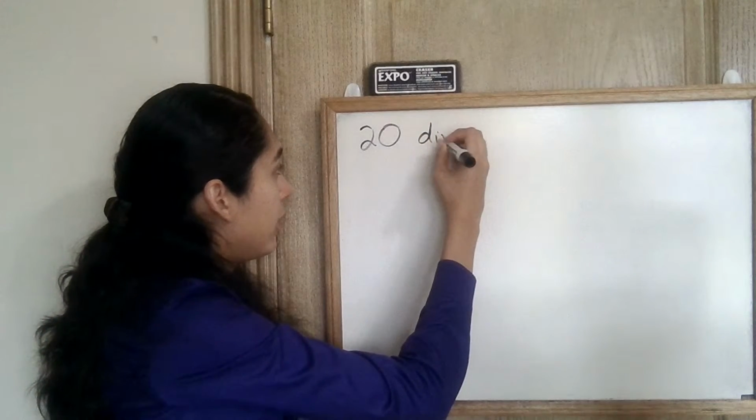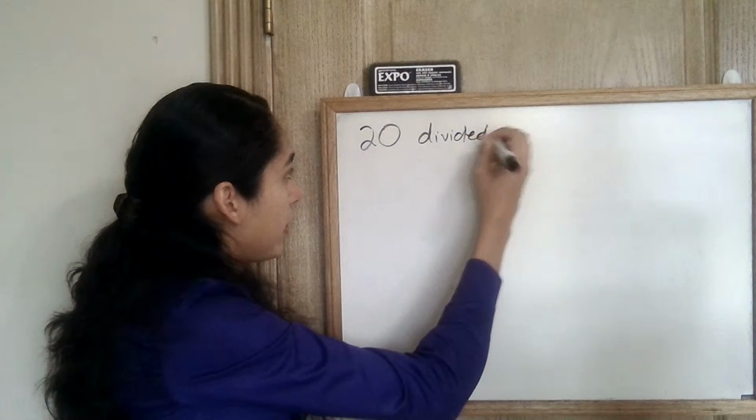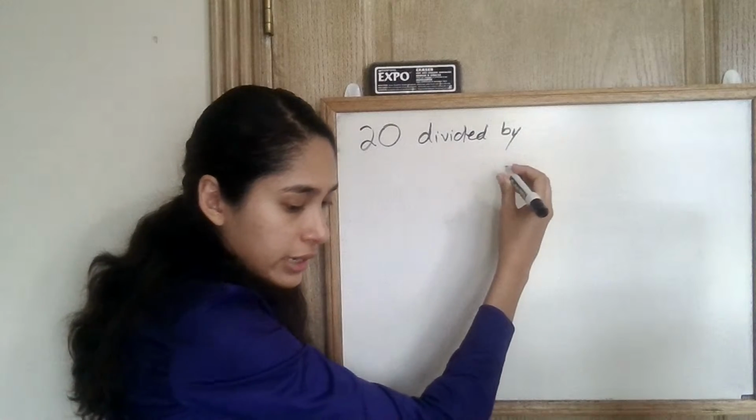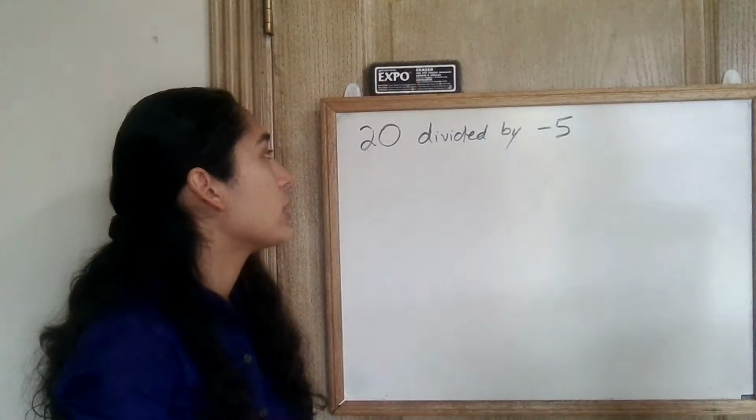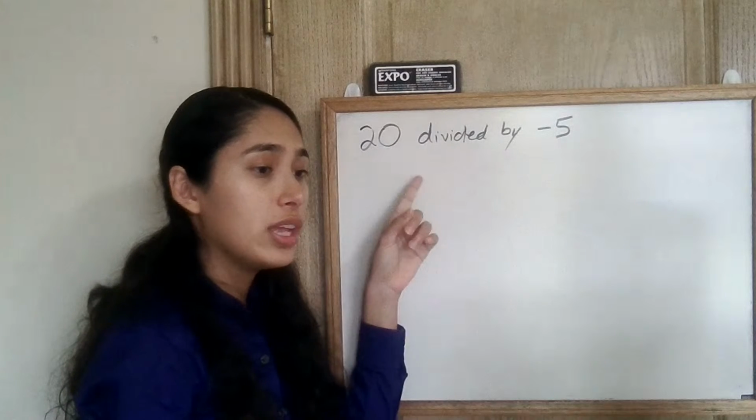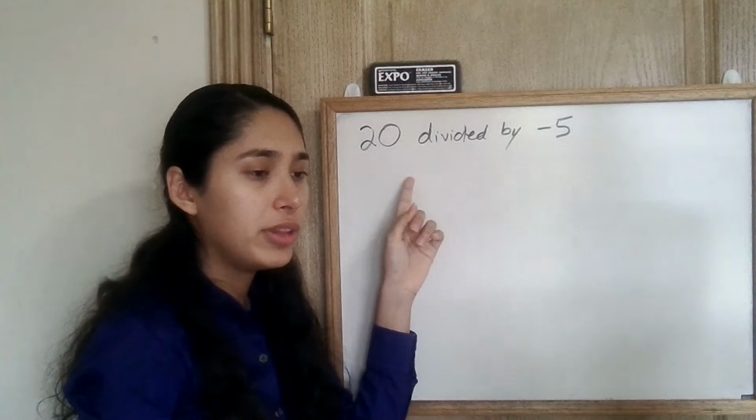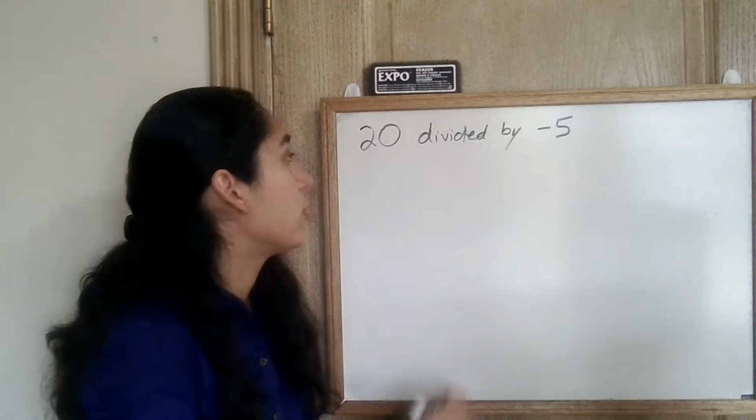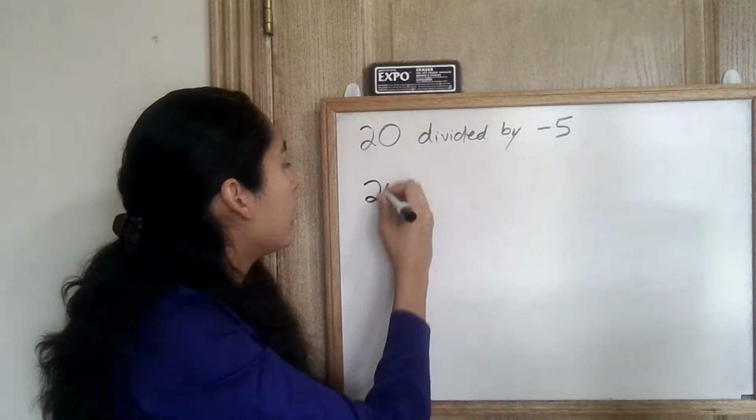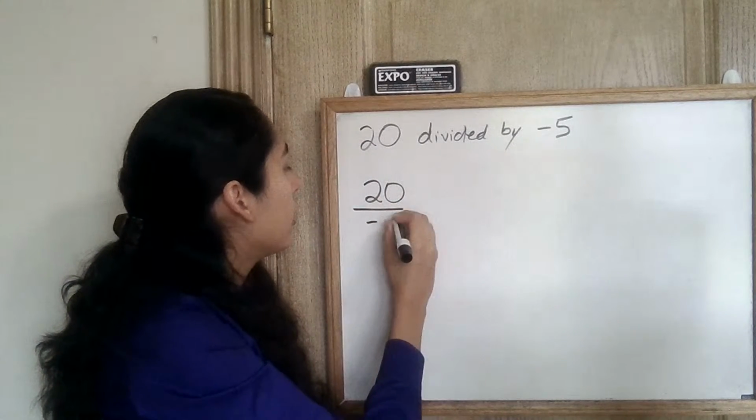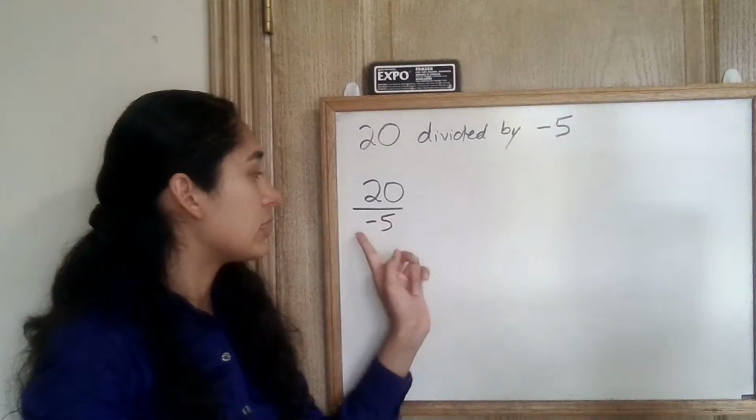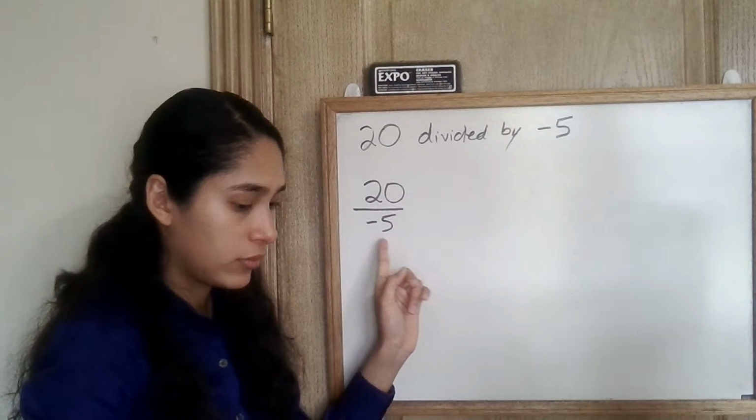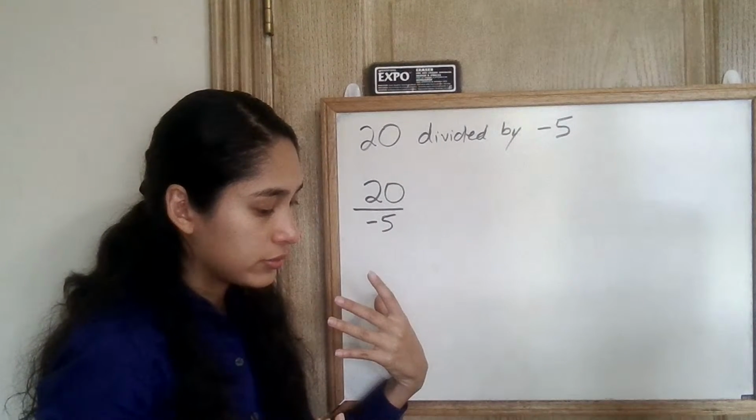20 divided by -5. So let's say the question says, I want you to convert this or write the equivalent but in fraction form. 20 divided by -5. So the negative is going to stay right here. However,